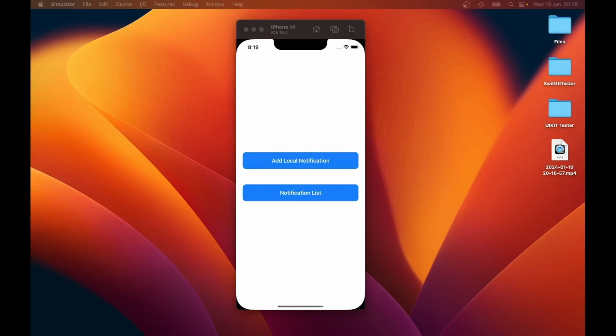In this tutorial, we will create an app that shows how to schedule and manage local notifications. The app will also give the user the option to delete the scheduled notification. To create a notification, we click on the Add Local Notification button,